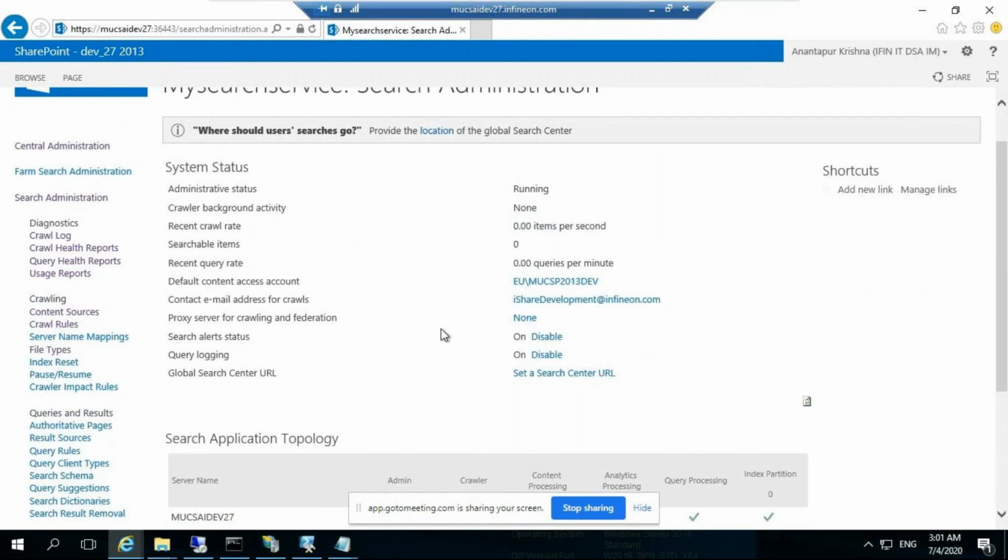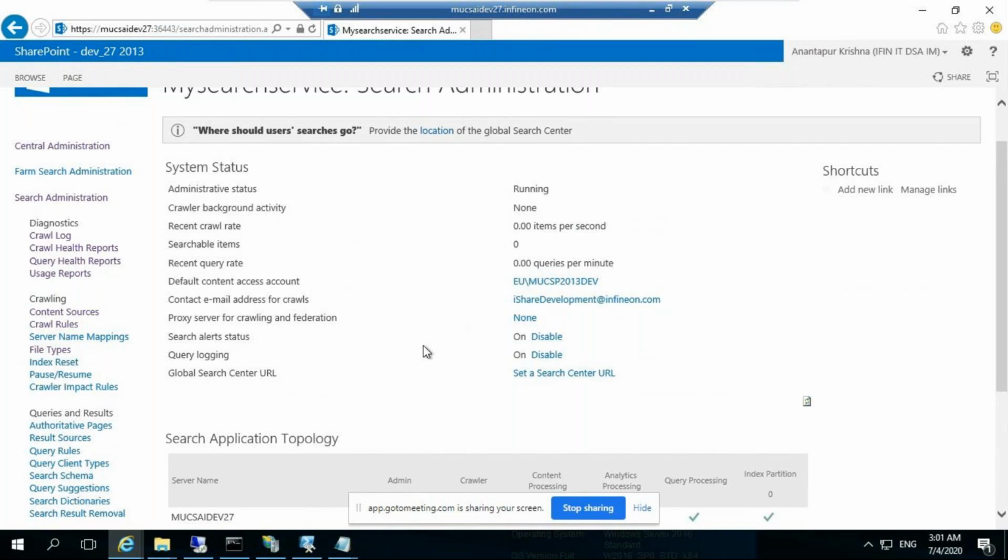You asked in the first class what the difference is between crawling and indexing. Crawling is whatever content we are adding, such as documents or list items, being gathered and made ready to push for indexing.